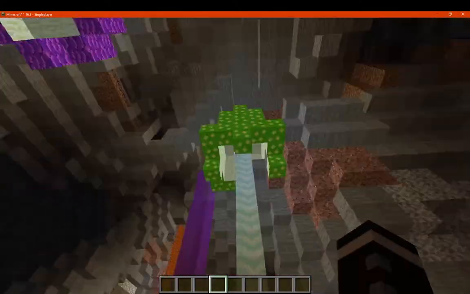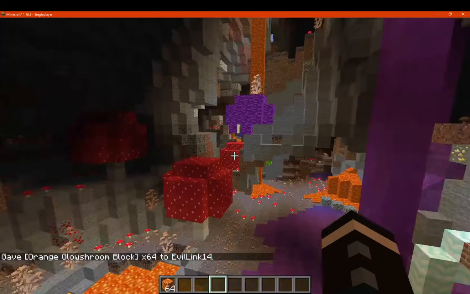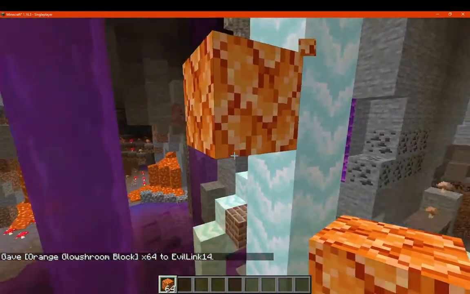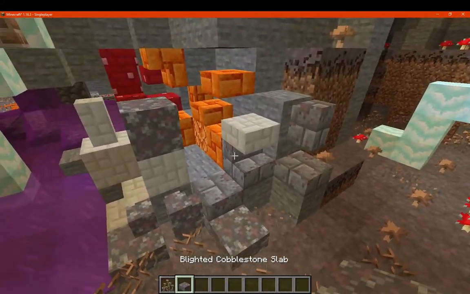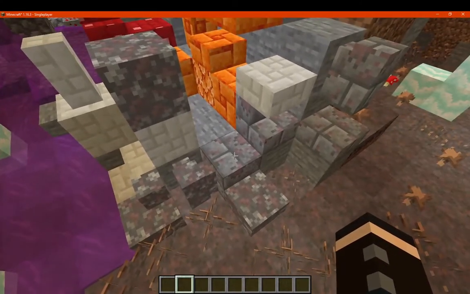Unless that's it, I think? Because that is the orange one, which has this type of block. There we go, so that's what that looks like. And here's some of the rest of them, with, obviously, blighted cobblestone and a few of its blocks, blighted